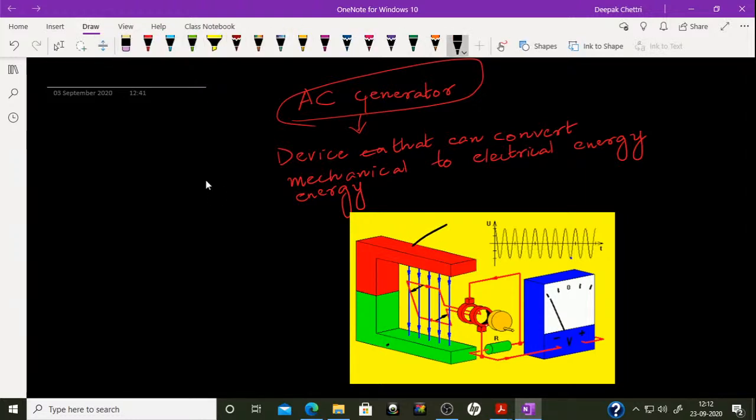These are magnets, pole pieces you can say. The one marked with red is north, this is your south. You know the direction of the magnetic field is from north to south. Inside this magnetic field there is a coil, which is also called the armature,